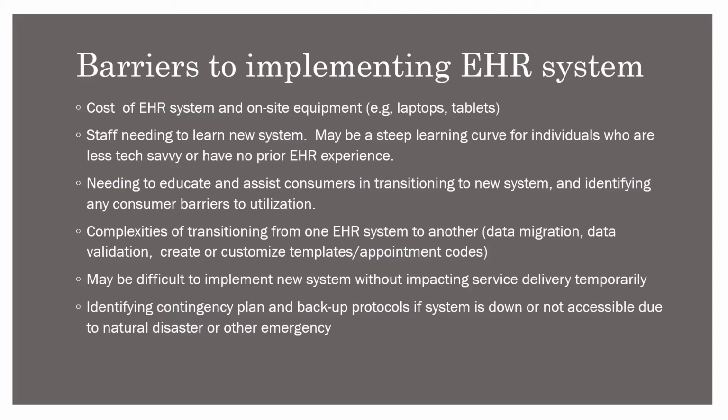And again, not a barrier per se, but something to consider is really thinking about what's the contingency plan, what are the backup protocols if the system is down or not accessible due to a natural disaster or some other kind of emergency. And this is a very real possibility where we are with hurricanes, that providers might not have access to electricity